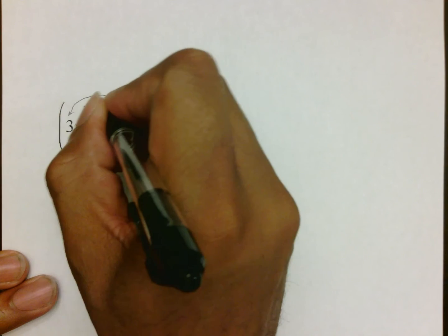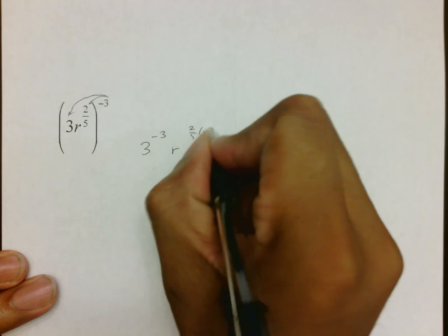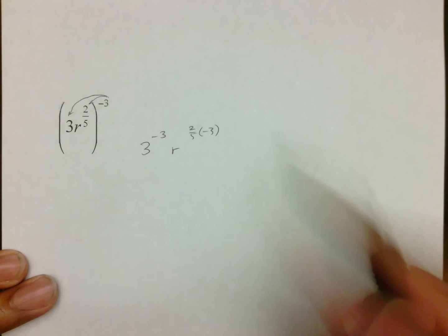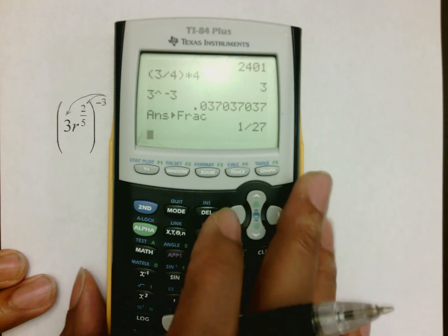3r to the 2/5 to the negative 3rd. Again, drop your exponent down. That becomes 3 to the negative 3rd, r to the 2/5 times negative 3. Again, that's the only two things that were in there. 3 to the negative third we can do here. 3 caret and negative 3 is a decimal, which we turn into a fraction by hitting math, enter, enter, getting